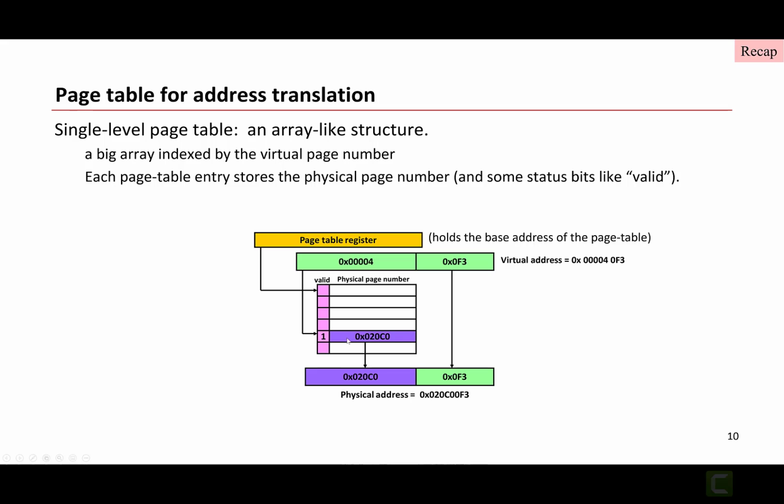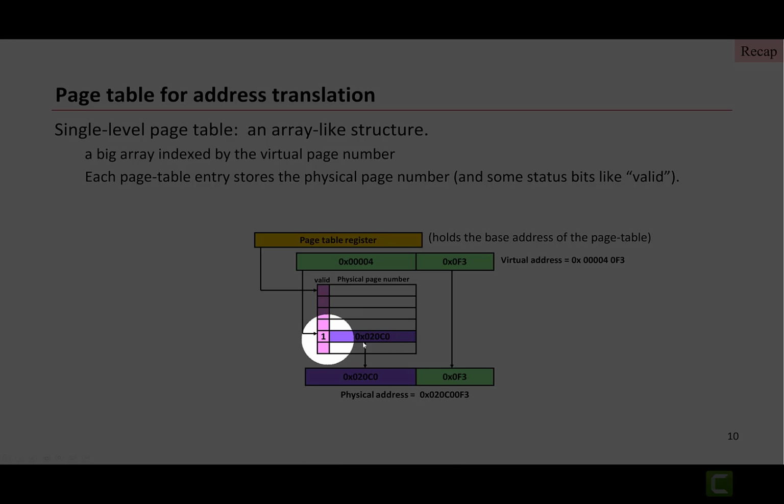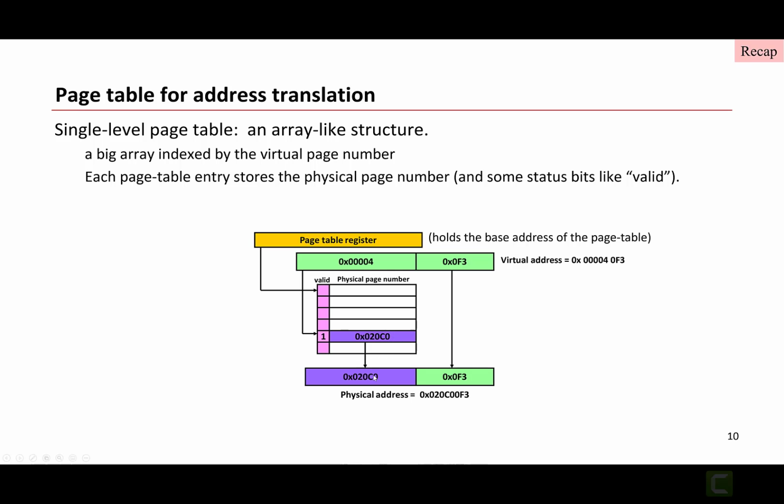And as we just discussed, each page table entry contains a physical page number. In this example, I'm not showing the permission bits and all those other entities that go into a page table. I've simplified it to contain just the valid invalid bit and the physical page number. And so you retrieve the physical page number and then you concatenate that with the page offset. What you get is a physical